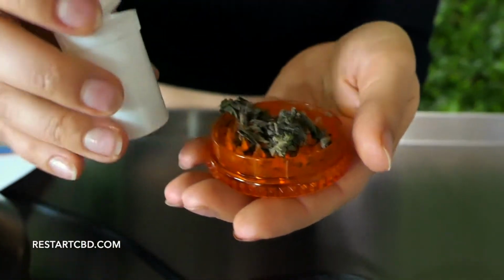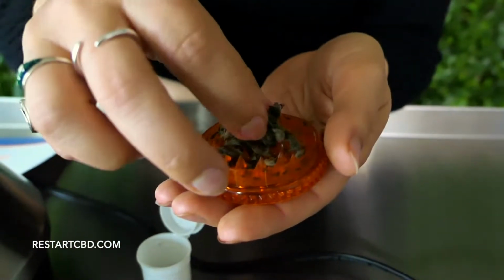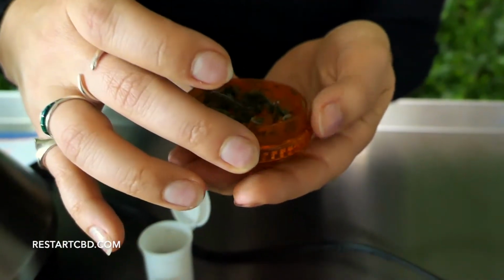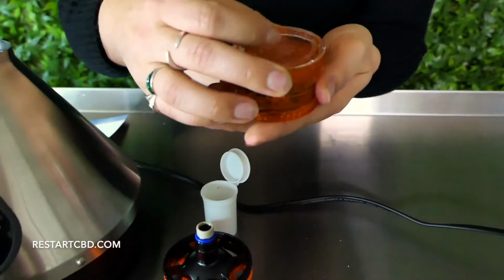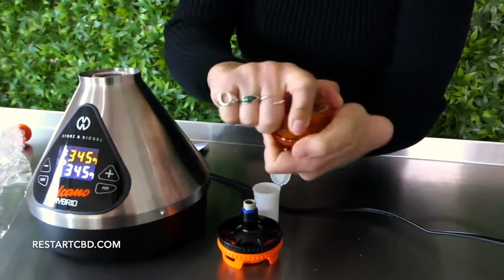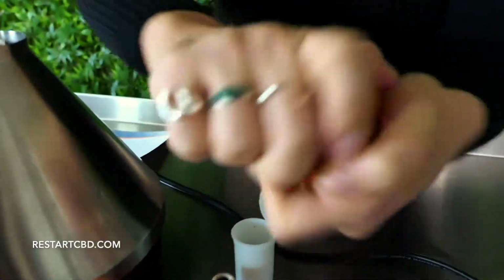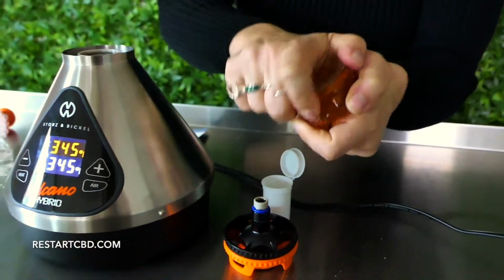Now, what I will say and share is you kind of want to load it very similar to how you would load a bowl. You want to load maybe enough for just yourself. You don't want to overload it. And so I'd say that is a good amount that I'm going to go ahead and just grind up. And again, you want to make sure it's super finely ground because you want it to be packed really nicely into the Volcano device. Give it a few quick, effective